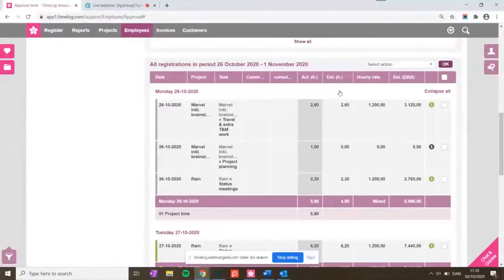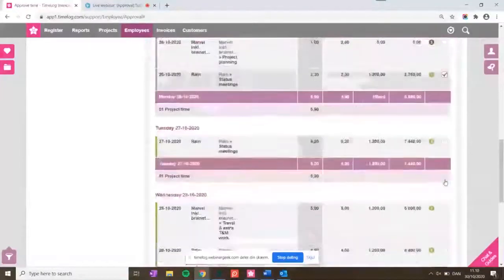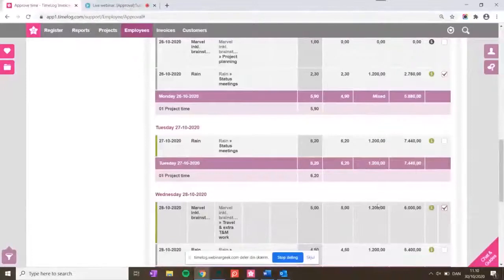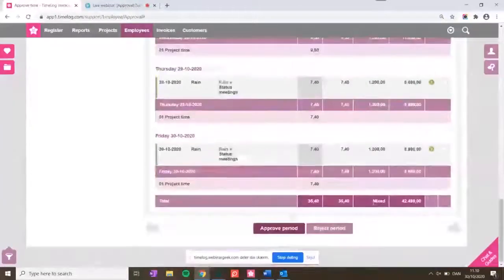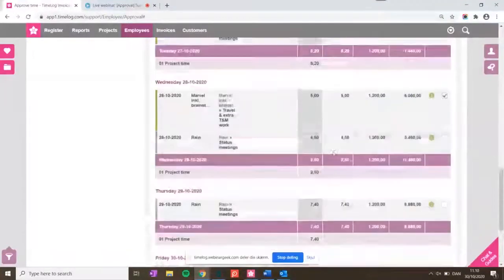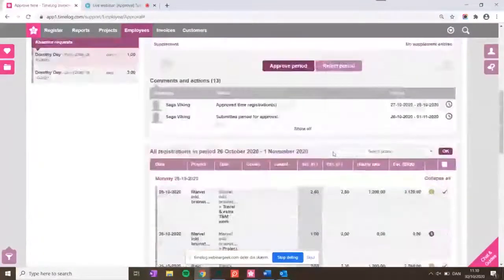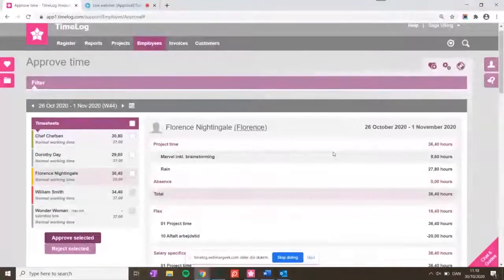So here you can, as an approver, check mark exactly the registrations that you want to approve or reject. You scroll down to the bottom and approve the period or reject the period. This is actually how you approve time in TimeLog, and